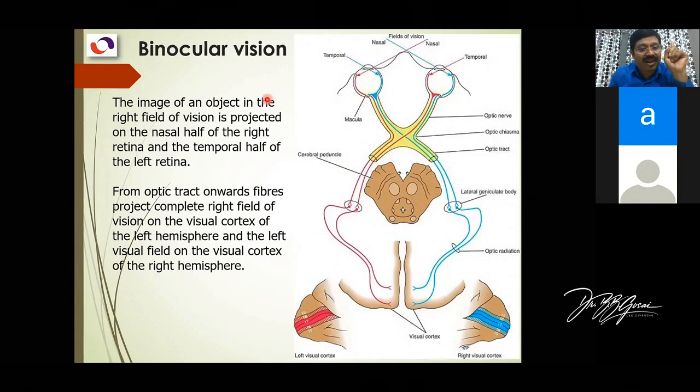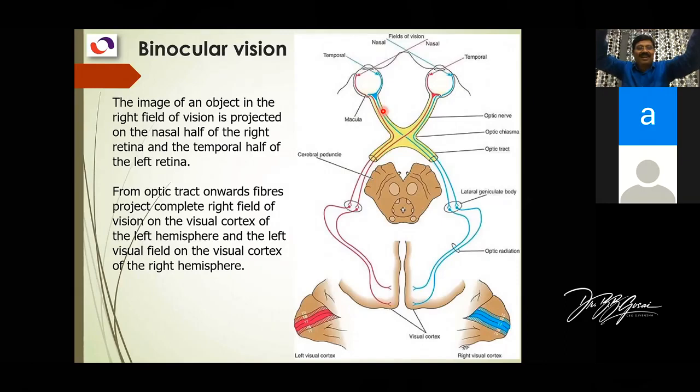If only one side of the optic nerve is damaged, suppose you cut it, so this is the eye, and I've closed the eye, one circle will be black. Complete blindness, we call it complete blindness of that eye. Why? Because it is a uniocular vision. When I open the other eye, now this eye can see some part of the vision.